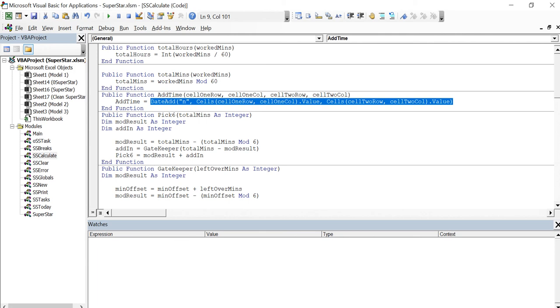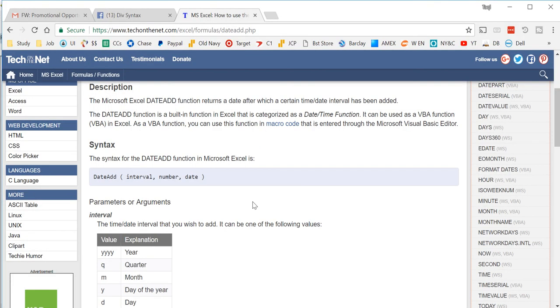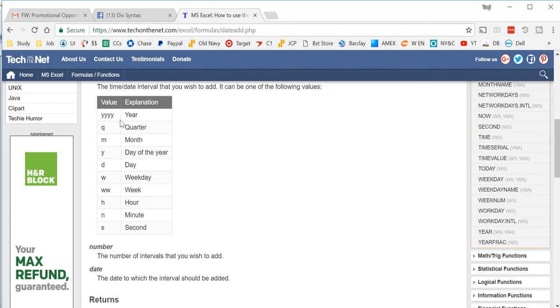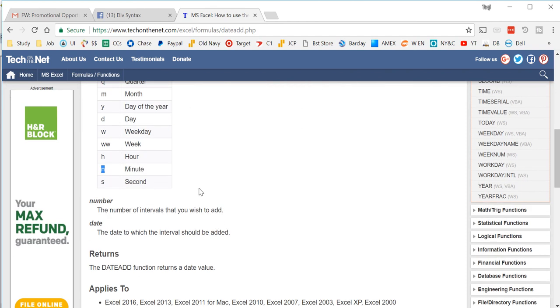I'm going to go quickly to a website here. Here we have the Excel DateAdd function, which returns a date after which a certain time/date interval has been added. Here are the different intervals: year, quarter, month, day of the year, day, weekday, week, hour, minute, second. As you know, we're using minute. That's n. So that's the value that you put between the quotation marks, and it returns a date value,